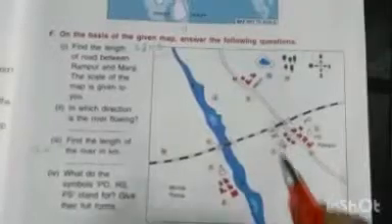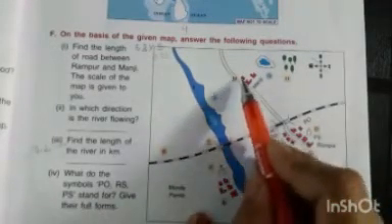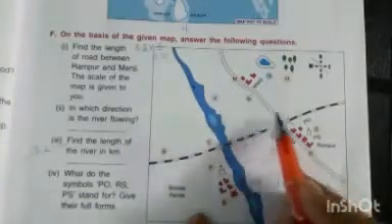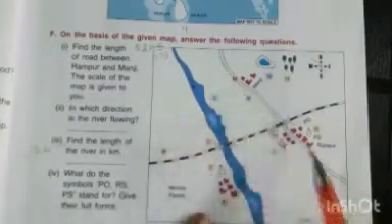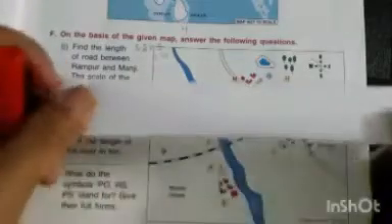It means this is a large scale map. 5 kilometer, small area. Here Rampur is here, and Manji is here. You can see the road is uneven. This is a metal road, but the road is uneven, not straight. Here can we apply this method? No, we have to apply the thread method.